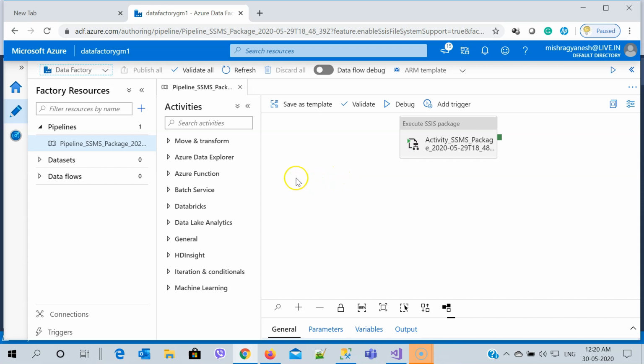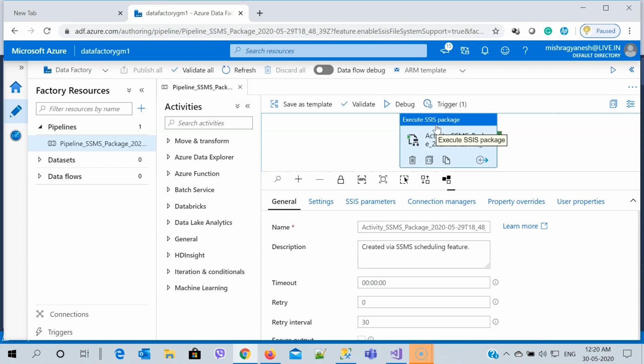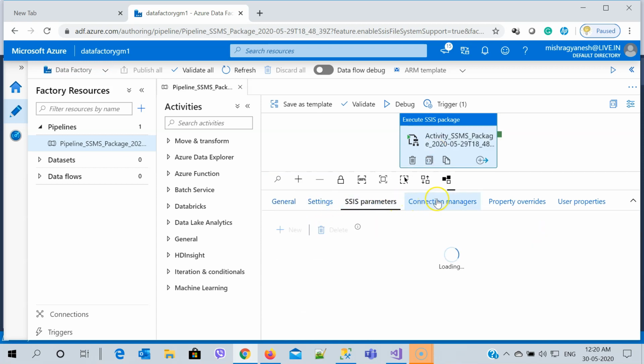Now if you will see, one pipeline is created automatically right here. Well, if I will say this pipeline, so in this execute SSIS package pipeline, they have already mentioned the settings, the SSIS parameter, the connection managers which were required for connecting with this particular activity, and so on, right?